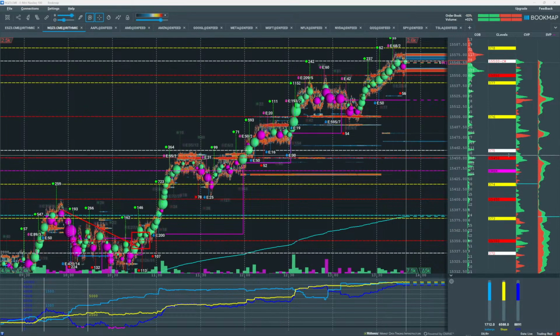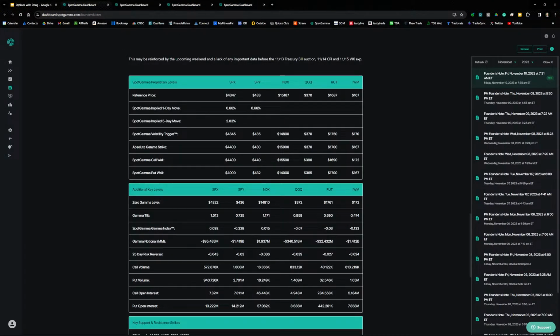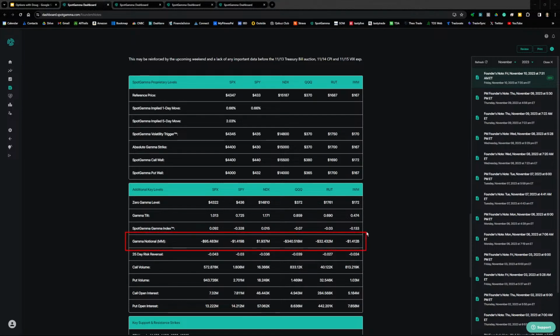All right, let's take a look at gamma notional now to see how market makers were positioned on the gamma curve at the beginning of the day. So note that gamma notional did become negative for SPX. These numbers all became negative or more negative than yesterday. So I guess in that sense, you could say this is a potential put Vanna rally. The Vanna model shows a little bit different picture. We'll take a look at that.